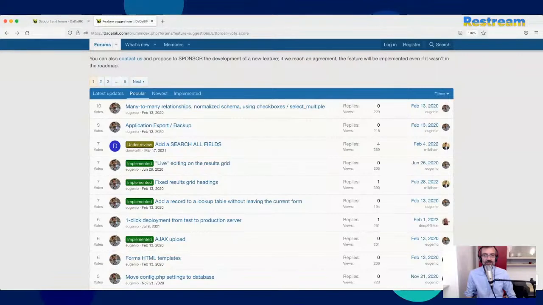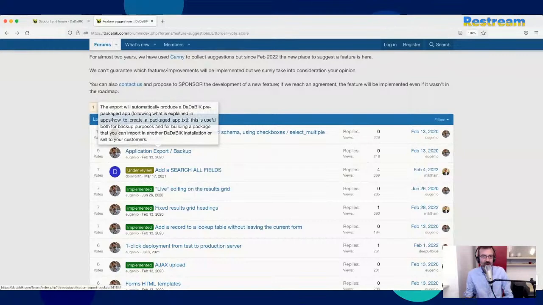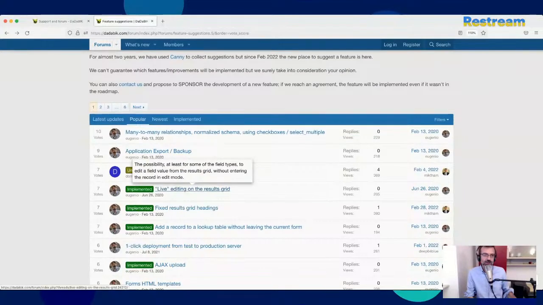Application export backup. This would be very useful, but again, it's another feature that I realize is very difficult to implement. I mean, it requires time. I have a solution that is something in the middle, like exporting only the DaDaBIK configuration, which means all your custom code, all your config parameters, all your settings in form configurators, permissions, these kinds of things.